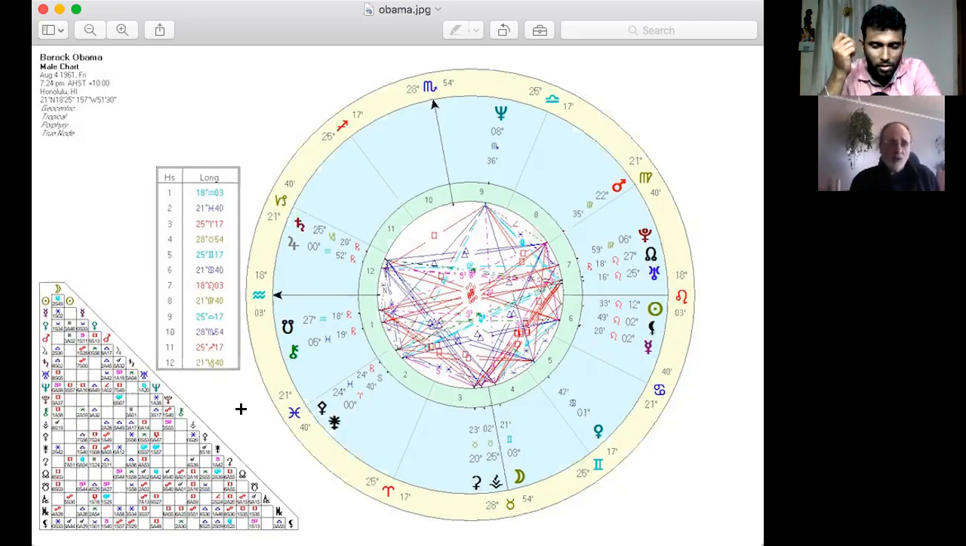The number of aspects to Pluto represents the type of life that the person has taken on. It's a little ironic with Obama because 3 aspects to Pluto is not a lot. And yet he has gone through a lot. Jeffrey Wolf Green himself had every planet aspecting Pluto, 9. Oh. And had a very trauma-filled and